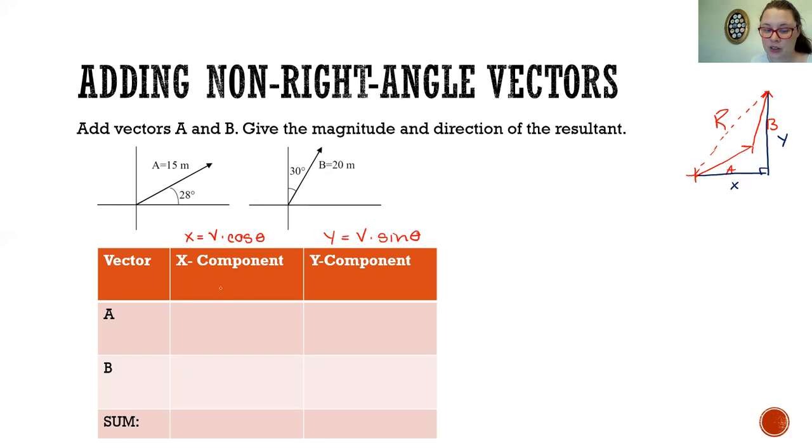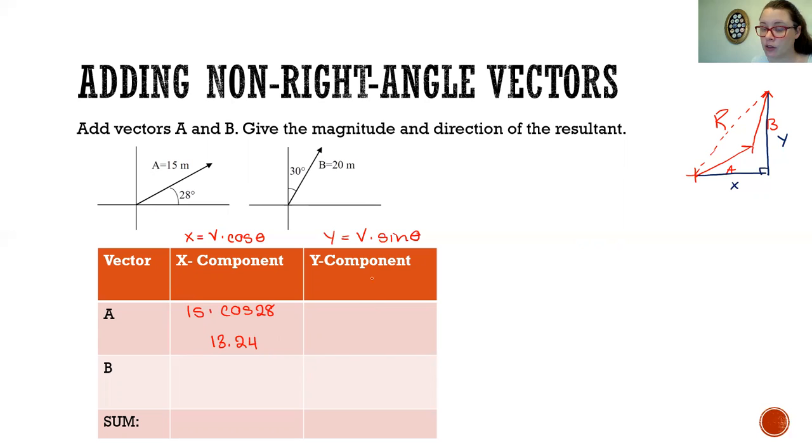All right, now let's calculate our vector here. I've got everything written down, so it won't take me too long to put the numbers in, but if I'm going too quickly, you probably want to pause, pop it in your calculator, and make sure you're getting the same values. If you can't put it in your calculator, it means you're not going to get it right on the test. So do make sure you can calculate it as well. So our x component for vector A is 15 meters times the cosine of 28. The angle here is already from 0, so we don't have to change it. We get 13.224